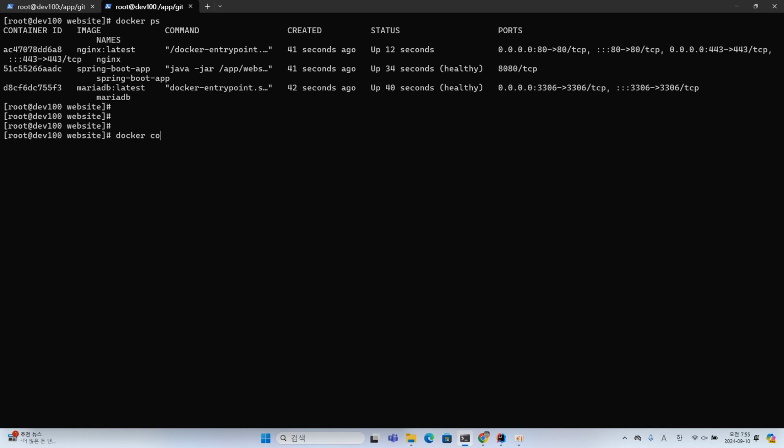Now we are going to bring down the Docker Compose. Docker Compose down.